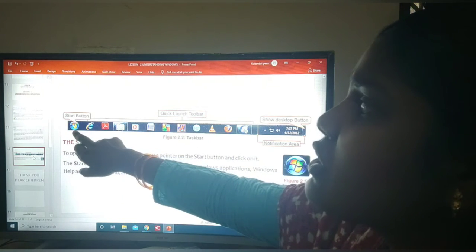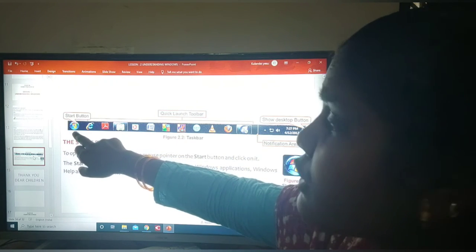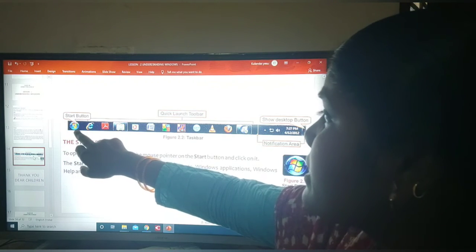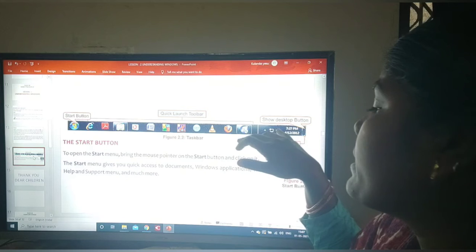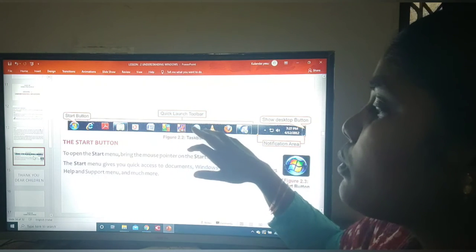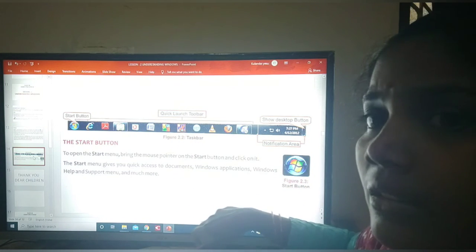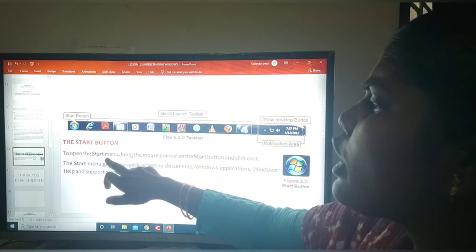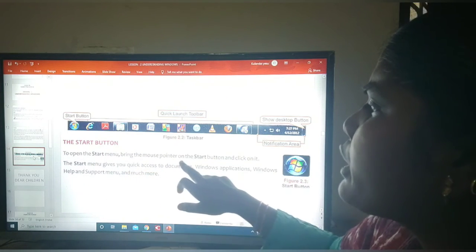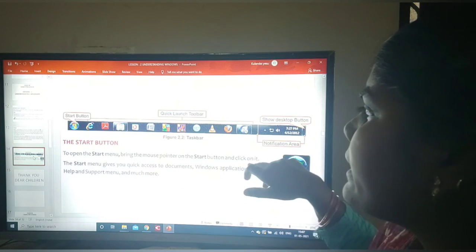Now the start button. This is the start button, not the Windows 7 one. Here are the show desktop button and the quick launch toolbar, as I told you. To open the start menu, bring the mouse pointer onto the start button and click on it.